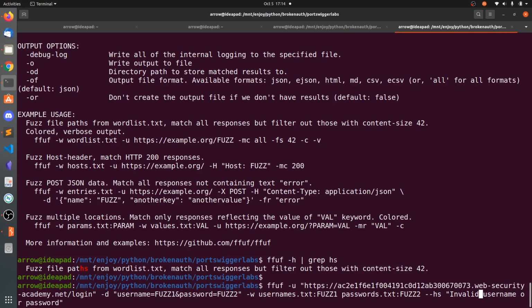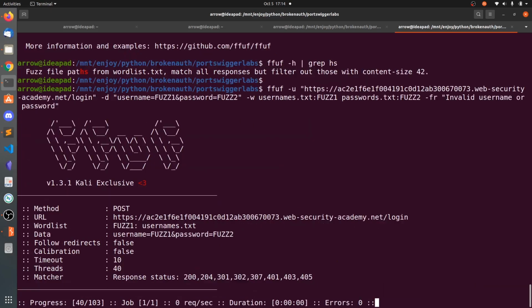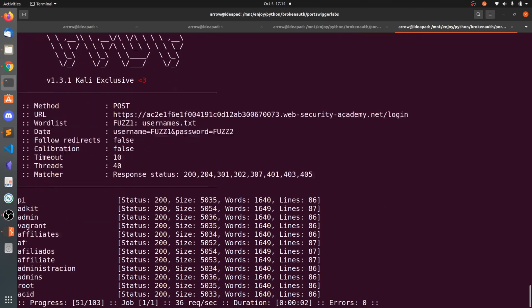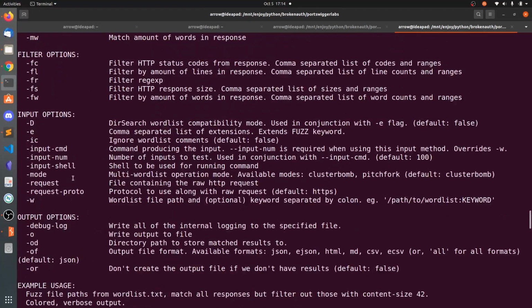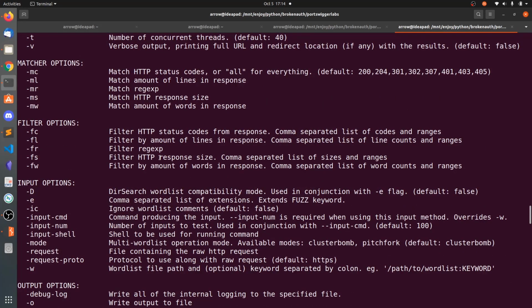So let's change this to, I think, --hr. Okay, I'm not getting the correct one. Filter according to regular expression.